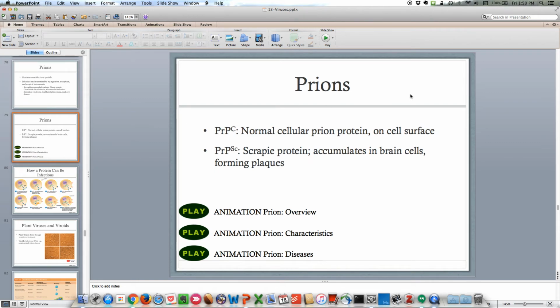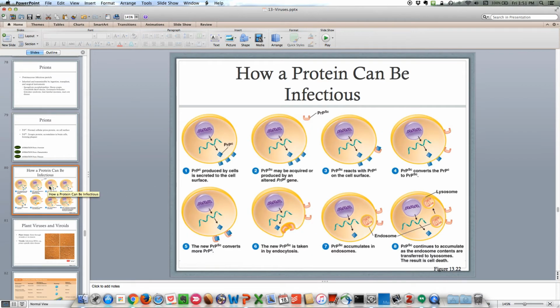And what you should understand if you look at prions is that these proteins are actually normally found inside cells, but they're in a form or a shape in which they're harmless. They're actually necessary for the cell, in this case, neurological tissue, for healthy neurological tissue. And what happens is that the protein can sometimes misfold. It has the exact same sequence, but has a different shape. And this misfolded protein will accumulate in brain cells and form these plaques that result ultimately in the death of the cell. It may be an indirect result, but the cell will die with